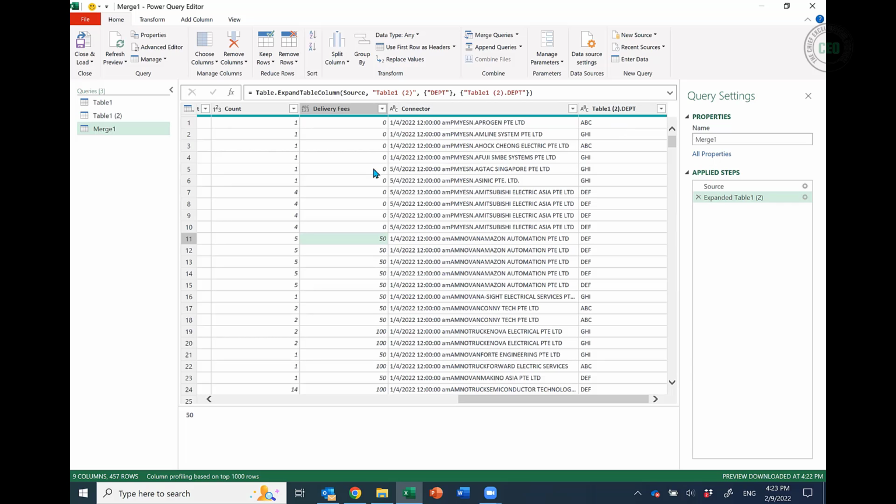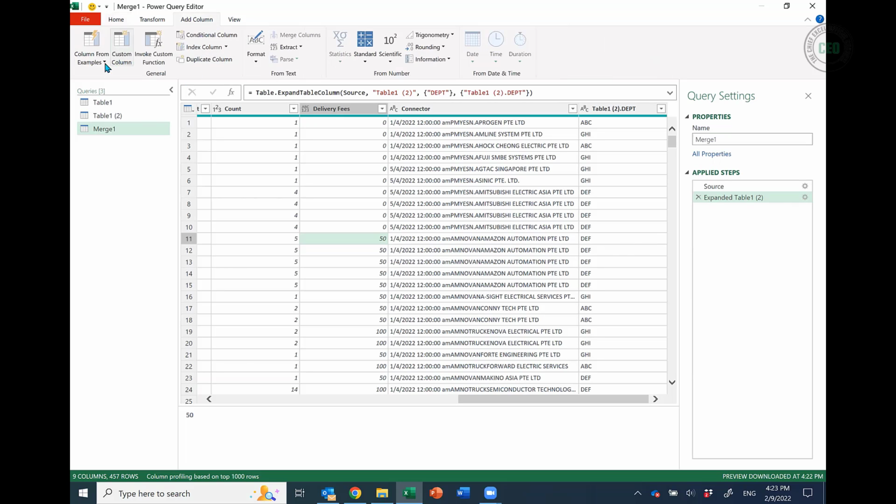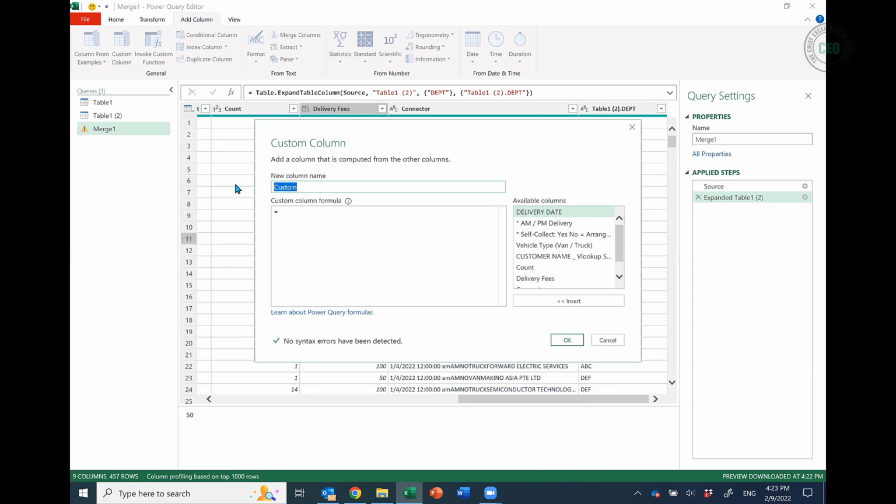Okay. Now, the final part here is the cost will be split equally. So I can simply say that now all these are duplicated. I can take 50 divided by 5. That will be the cost of delivery by department. Make sense? Okay. So I can go into add column here, do a custom column, and simply say this is